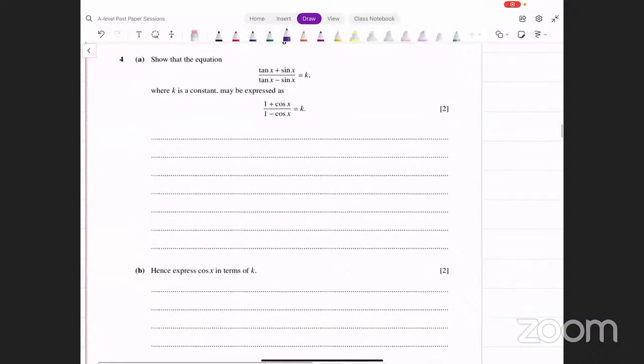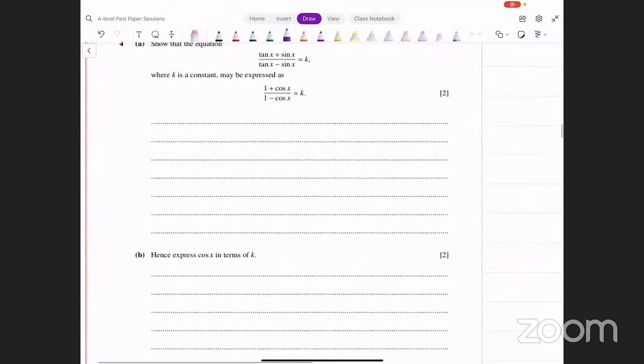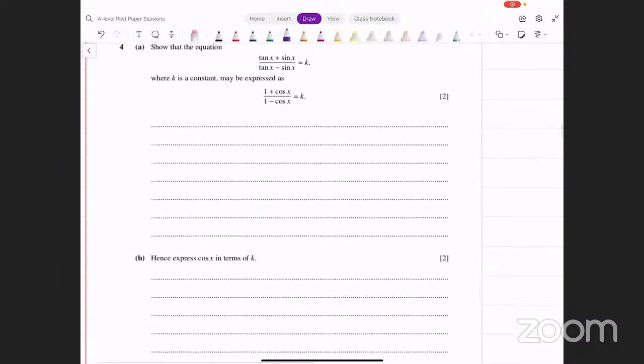tan को बस sin over cos लिख दें, and then it's just going to simplify everything, it's going to simplify automatically। कैंसिलेशन हो जाएगी, कुछ ना कुछ डिनोमिनेटर्स कैंसिल हो जाएंगे और आपके पास वो आ जाएगी फॉर्म। लेट मी डू इट वेरी क्विकली द फर्स्ट पार्ट, उसके बाद हम वापस आते हैं आगे। tan को आप लिखते हैं sin x ओवर cos x प्लस sin x डिवाइडेड बाय, अगेन डिनोमिनेटर में भी आप लिखते हैं sin x ओवर cos x माइनस sin x।